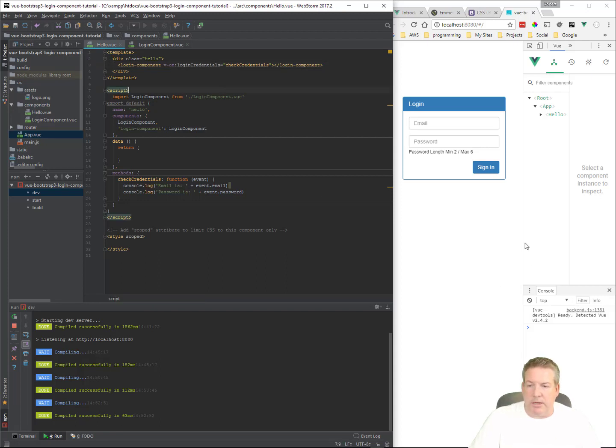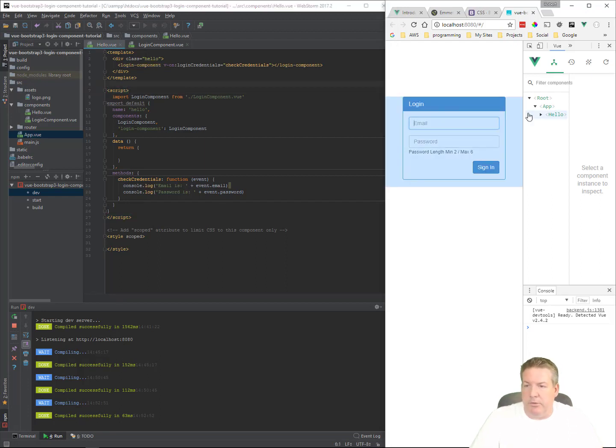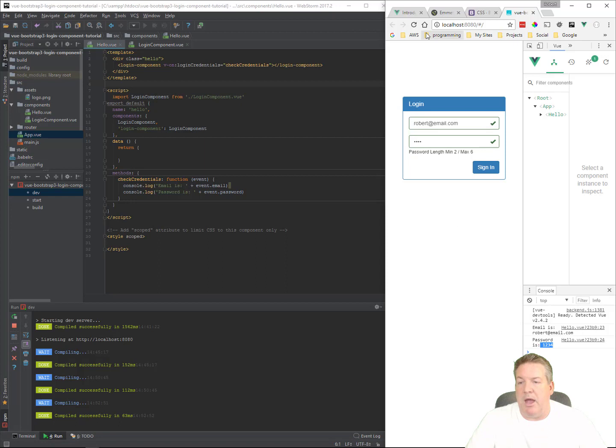So if all is working well, we'll save that and we'll do robert@email.com and 1, 2, 3, 4 and we'll sign in. And sure enough, we've got email is, and there's our email address, and password is 1, 2, 3, 4. So what we've got now is a fully functional component that is actually sending its information up to its parent,